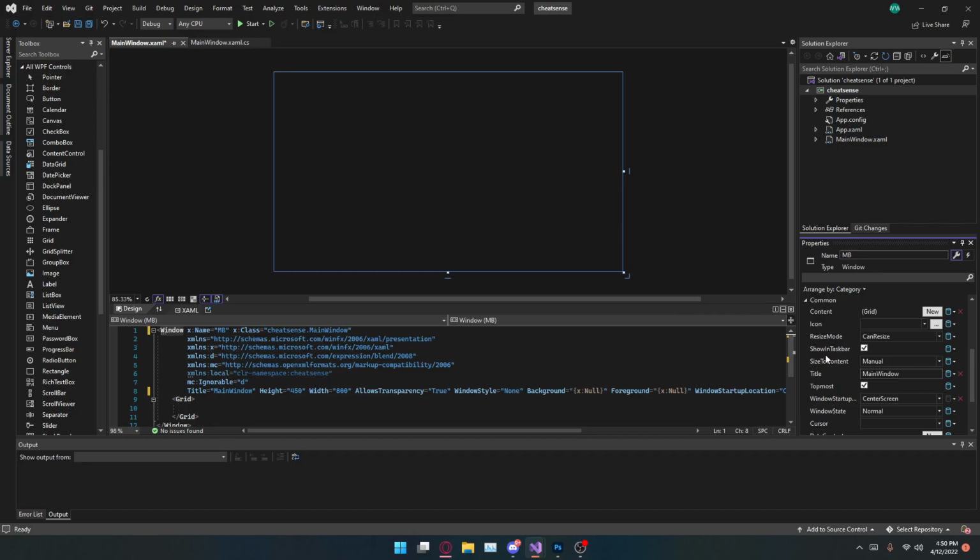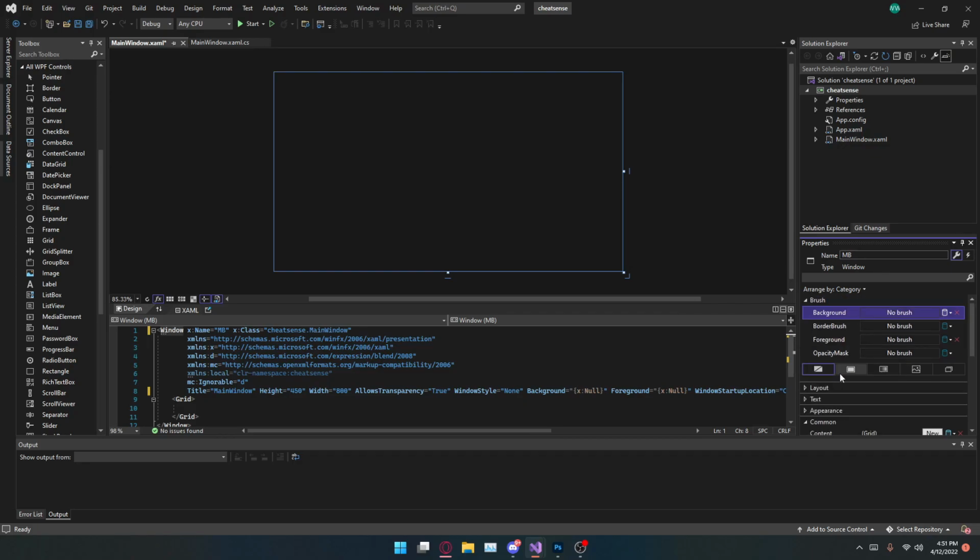Now, another thing is this resize mode. You want to put no resize. You do not want them to be able to resize this exploit, because it is just not really worth it to create an auto sizer like Synapse has. It's much better to just keep it in the scope of its little window. So we're just going to put no resize for that right now. So as you can see, this is what we want for our main window, and for the most part you can pretty much